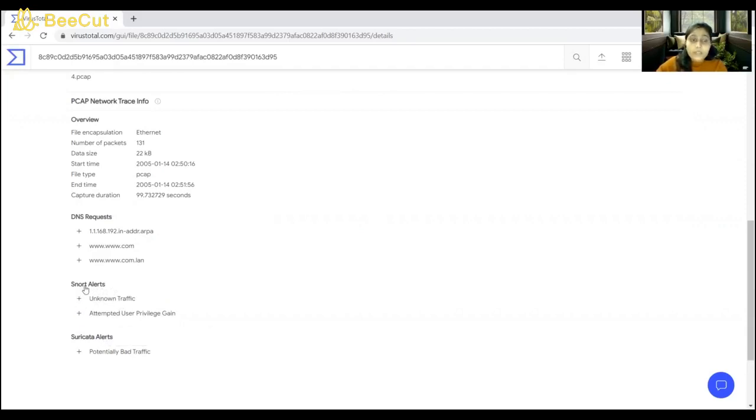This is because the alert popped up there. The reason is unknown traffic and attempted user privilege gain. Next, in addition, the alert from the Suricata engine is due to potentially bad traffic. So all of this is concluding a picture for us that this file has nothing flagged as malicious. So it's still in a green zone.